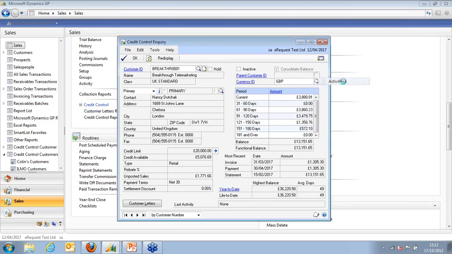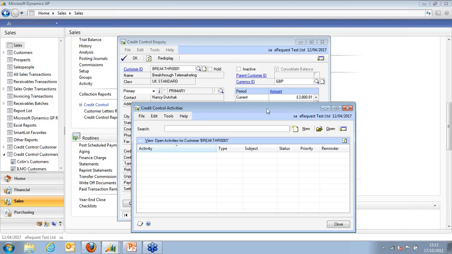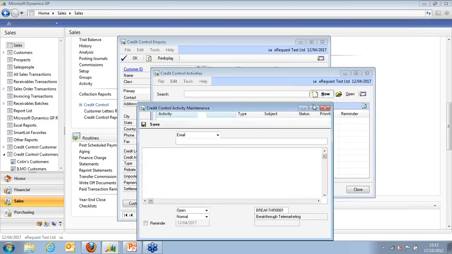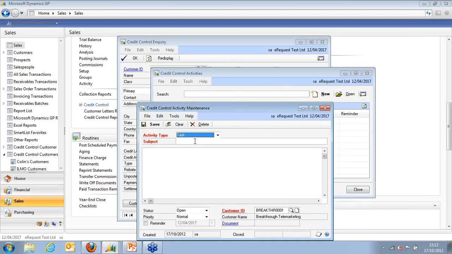You can also have a look at activities, whereby I can create an activity in the same sort of way on the system. So maybe I want to create myself a task to call Nancy back here. So call Nancy back. And down at the bottom here, I can set myself a reminder to call her back. And what I'm actually going to do is I'm going to put today's date in here so that we can see where it comes up on the rest of GP to remind us. So I'll put in here,